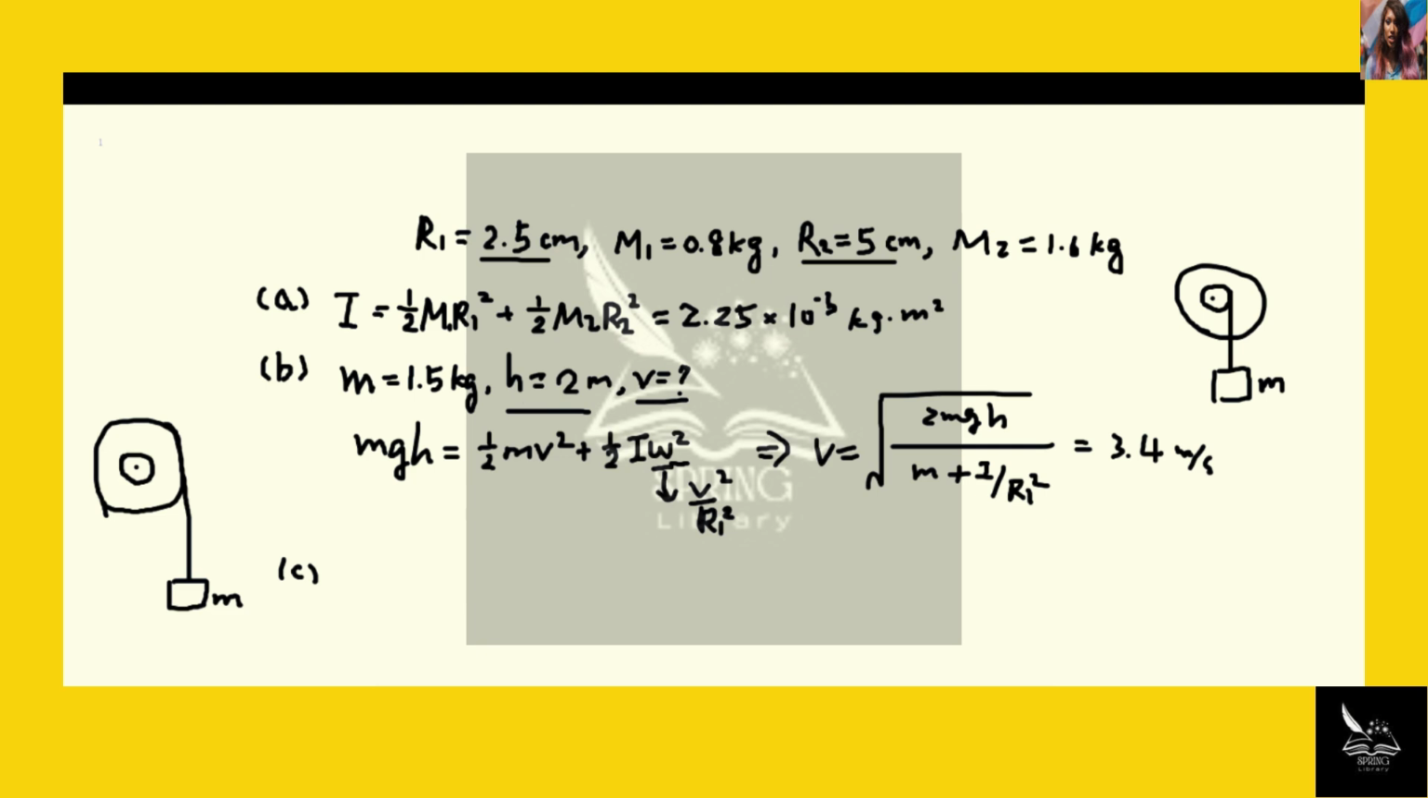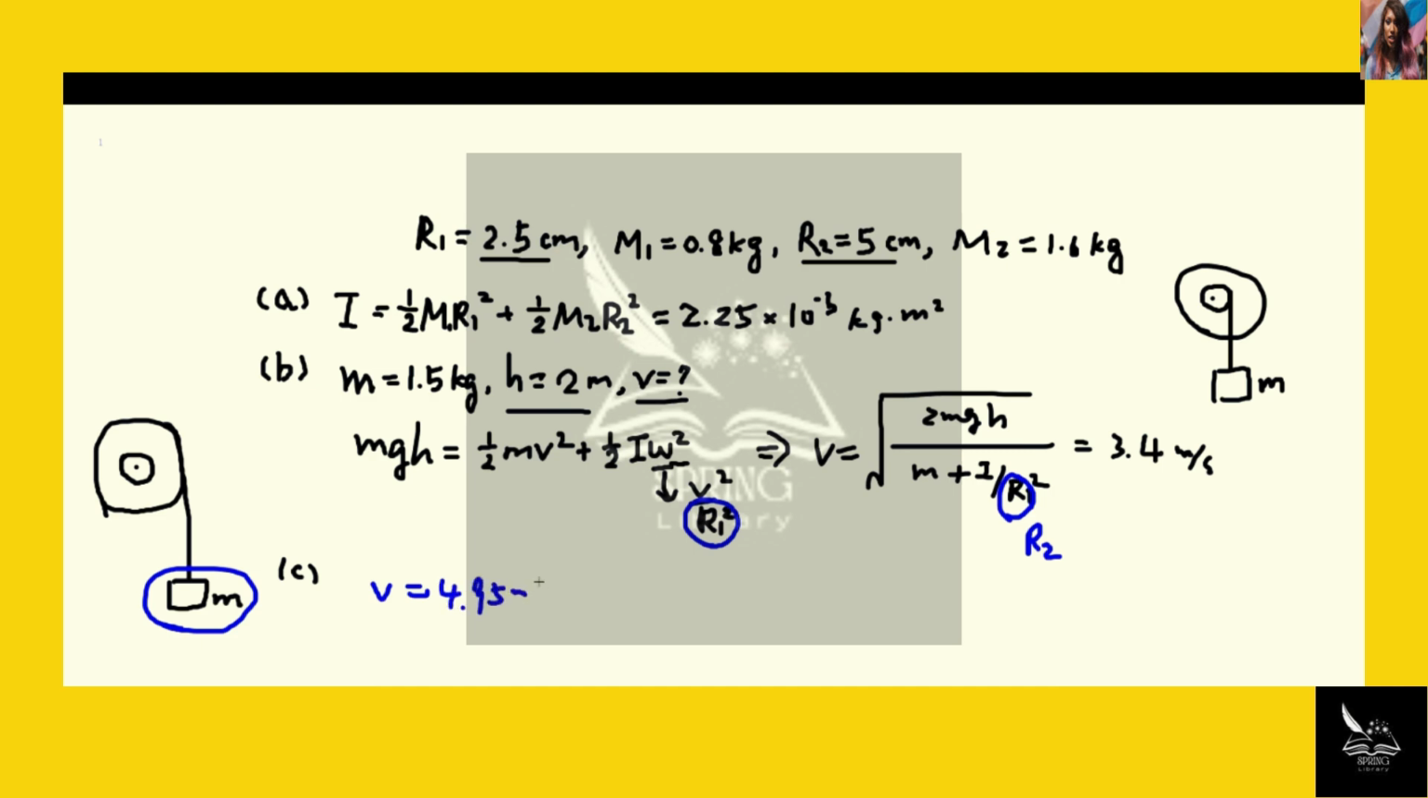Okay, and for part C of the problem, the calculation is exactly the same, except that the block is connected now to the larger disk, and so we need to change r1 into r2 in the expression for omega. So for this v, you simply change this r1 to r2, and plugging in all the numbers, you can get v equals